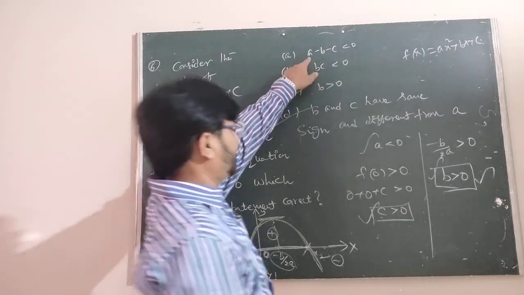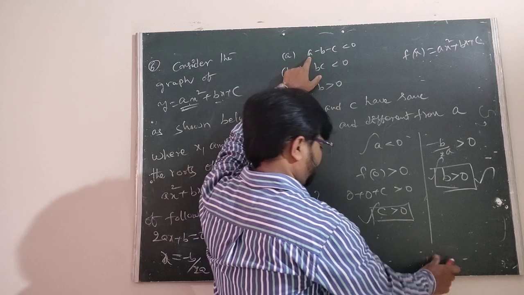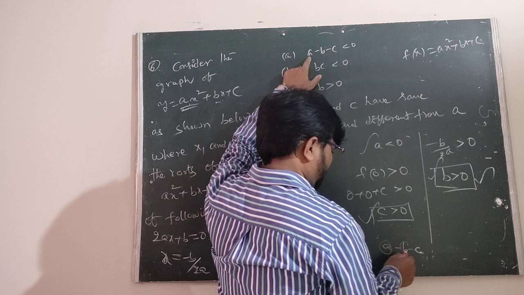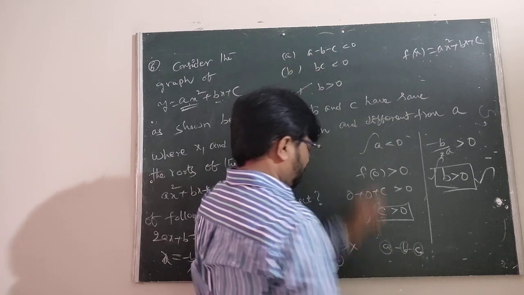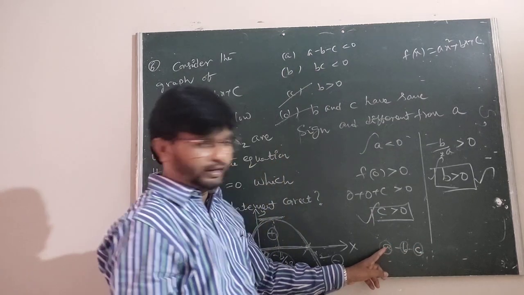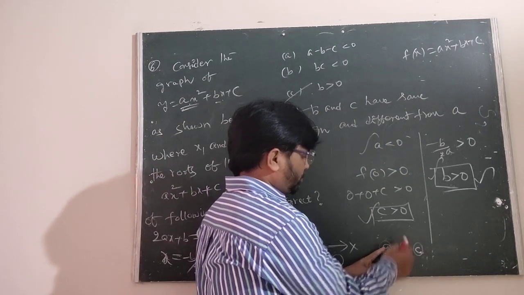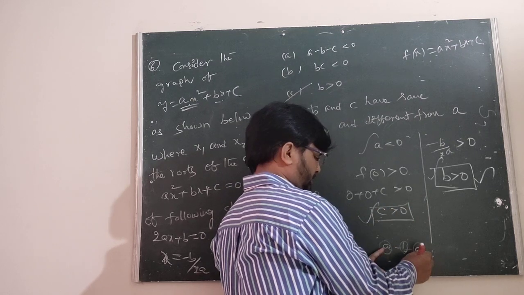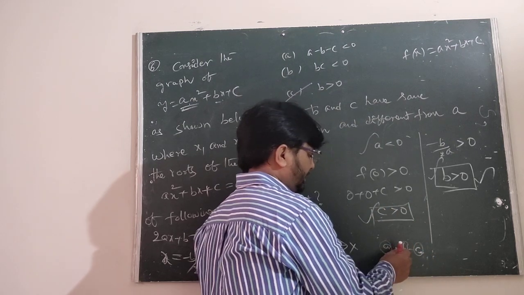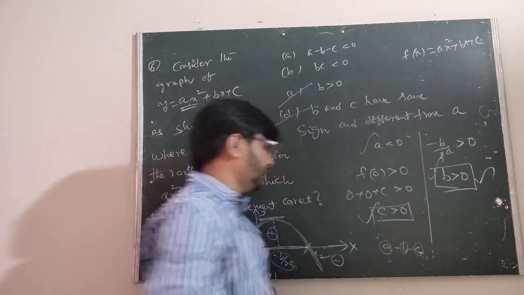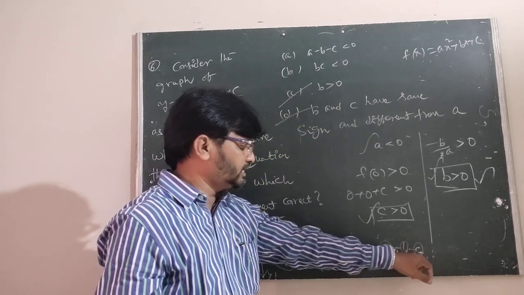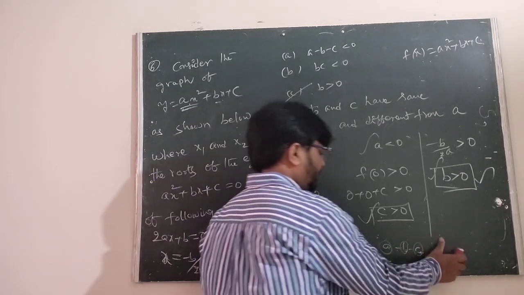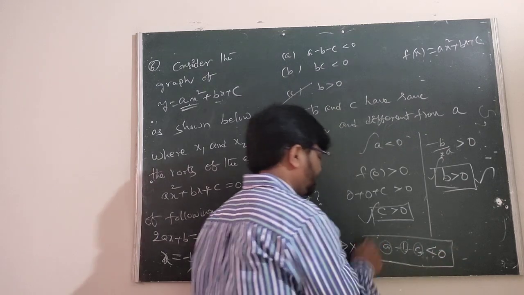This is wrong. Here you observe option 1, a minus b minus c. A is a negative number, b positive, c positive. Therefore, a is undoubtedly a negative number, b is a positive number. Suppose you take b as 2, that is minus 2, and c as a positive number 3, that is minus 3. Every term is minus, minus minus minus. This is also less than 0.